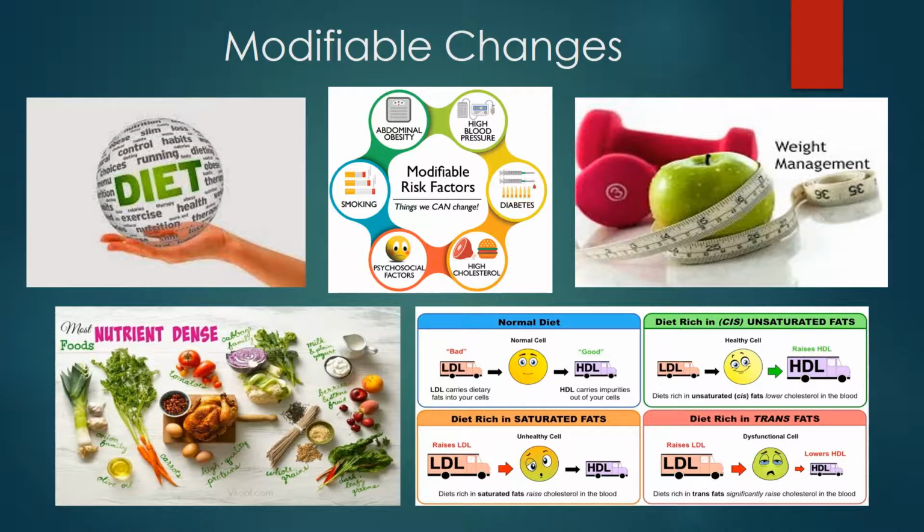The cells will be able to work better within the body, and the lab values that are taken will reflect this change, showing a higher HDL to LDL ratio. We need to educate our patients about the importance in limiting the intake of foods that are high in saturated fat and trans fat. These fats increase our LDL levels within the body. High LDLs raise our bad cholesterol and ultimately make our cells unable to function properly. The outcome of a high cholesterol diet will lead to abdominal obesity, hypertension, and type 2 diabetes.